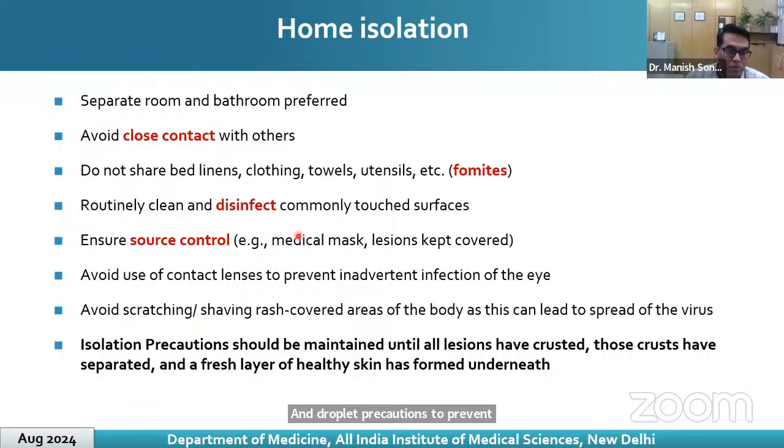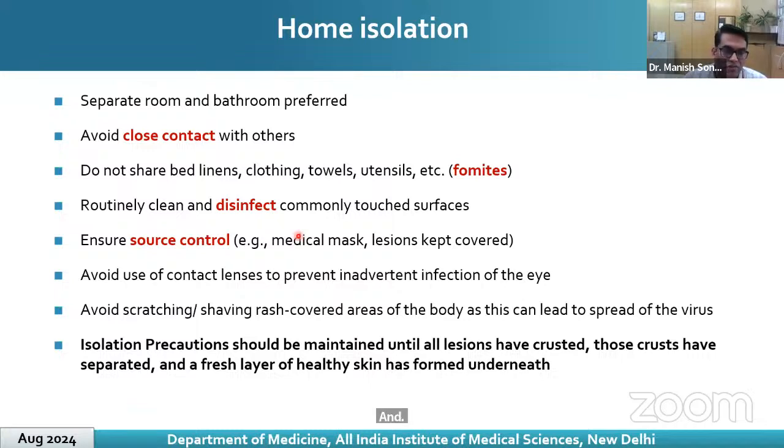So a separate room and bathroom is preferred, avoiding close contact with other people as well as pets, as we discussed in the previous presentations. Particularly in dogs, this transmission has been documented, so it is better to avoid contact with pets too. We will also have contact precautions for fomites. We will advise not to share common items, regular cleaning and disinfection with a sanitizer, and the patient himself will have to wear at least a triple mask,